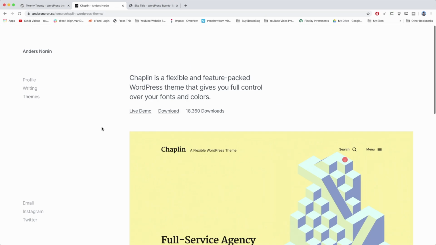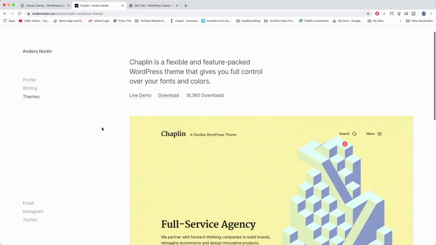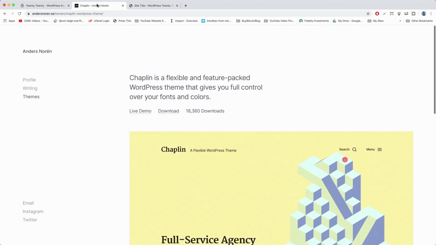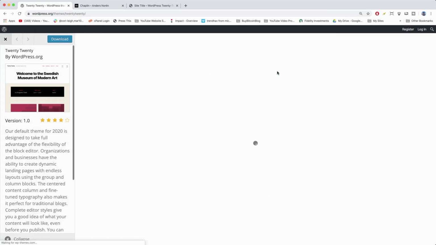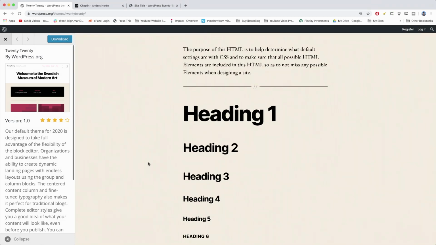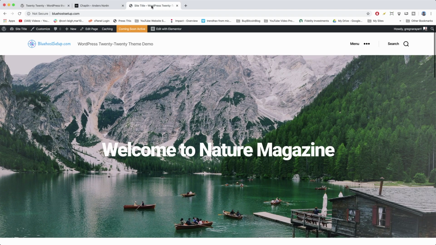This WordPress 2020 theme has so many features and designs that offer us bloggers a lot more to do, but if you just installed it, then you might be confused because it's pretty minimalist and it's hard to figure out the default themes. You might actually end up having a website that just looks like this and it's not worth that much at all. But if you want to change things and actually make your site with 2020, then we